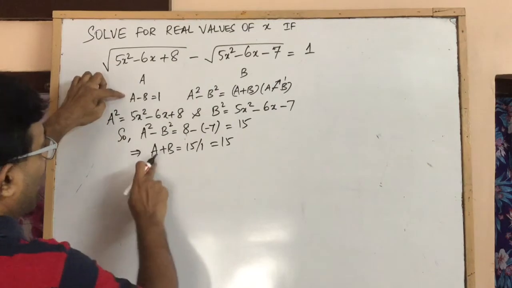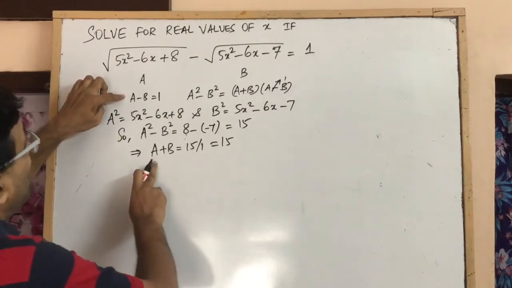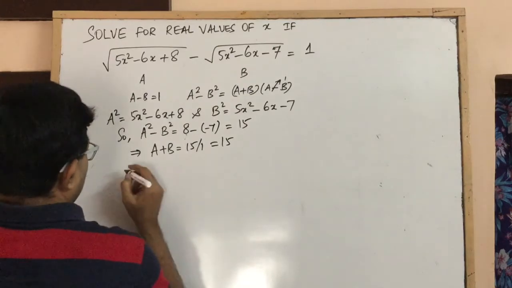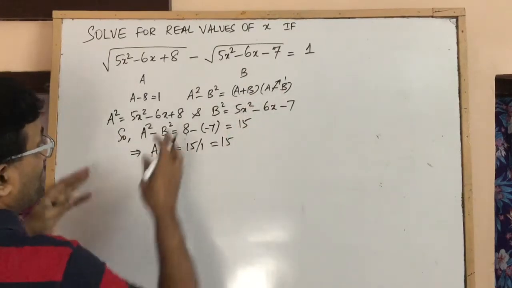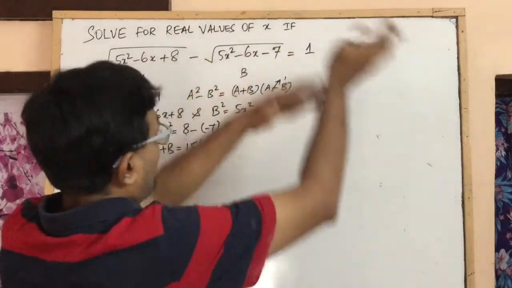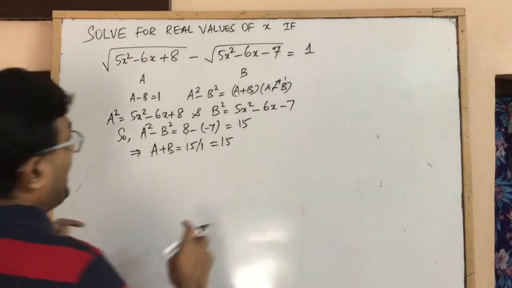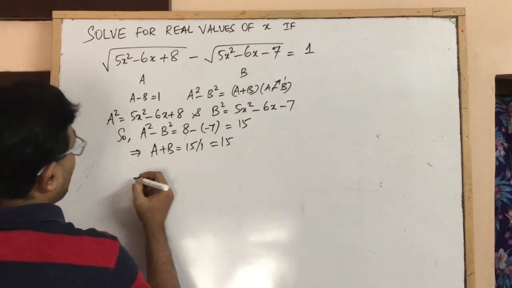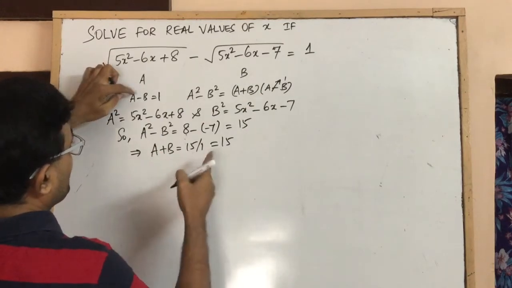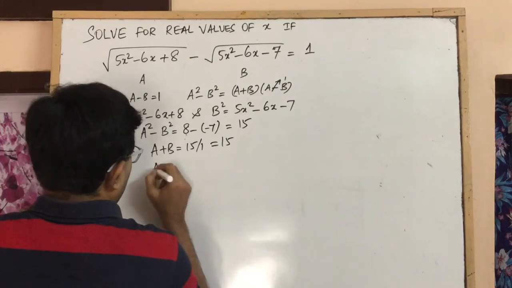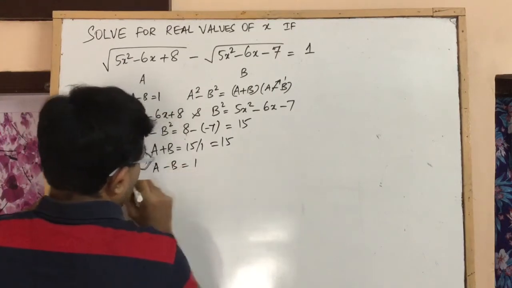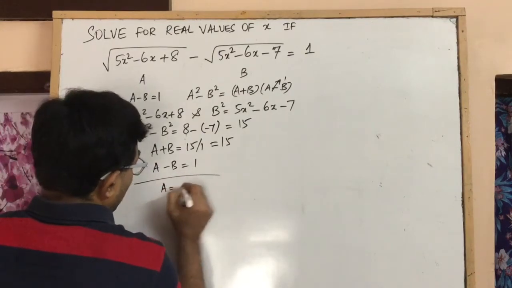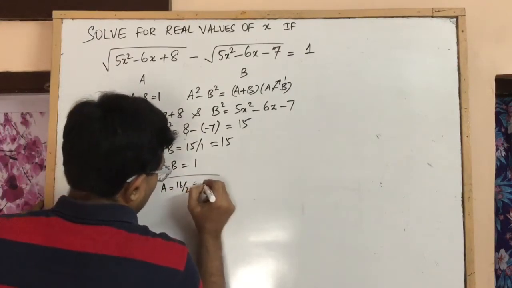So we know a plus b and a minus b, and this should help us solve this problem a lot more quickly than if we took the regular route of taking one square root to the other side and then squaring it up and then squaring it up again. That'd be a little more complicated. So we have a plus b is equal to 15 and a minus b is equal to 1. If we add both these, we get twice a is equal to 16, or a is equal to 16 divided by 2, which is 8.